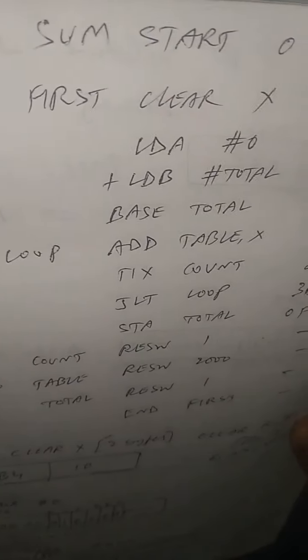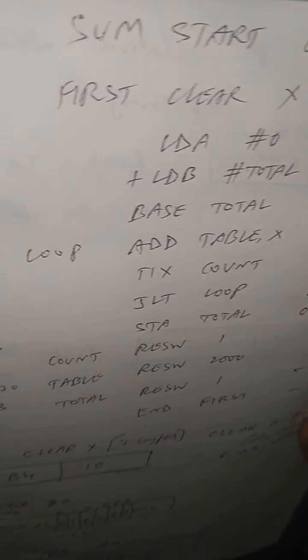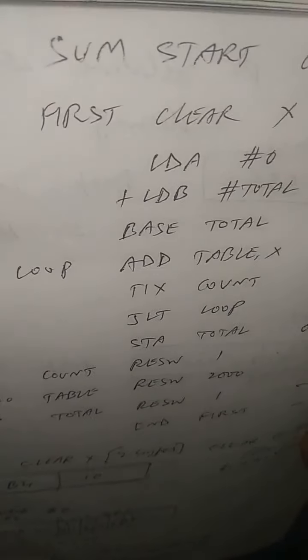Now we have to generate the addresses for each and every instruction, and you should know which instruction will take how many bytes. It's very easy to understand. The very first address is 0000, the starting address where it has to begin. CLEAR X will take 2 bytes, so 0000 and 0001 are taken by CLEAR X.